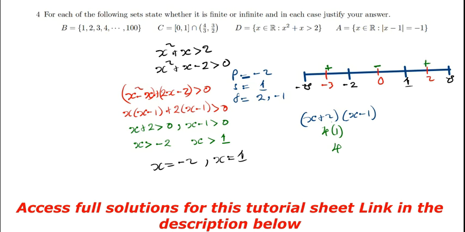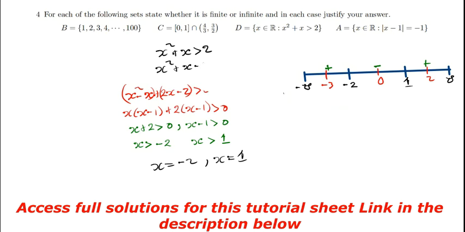So now we know the range of values where this function is going to be defined. It's going to be defined for any number from negative infinity up to negative 2. Negative 2 won't be included because there it's just greater than. If it was greater than or equal to, we would say it is included. So we are saying it will be all the way from negative infinity up to negative 2, not included, union